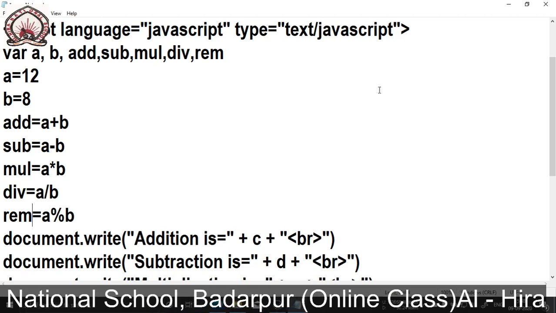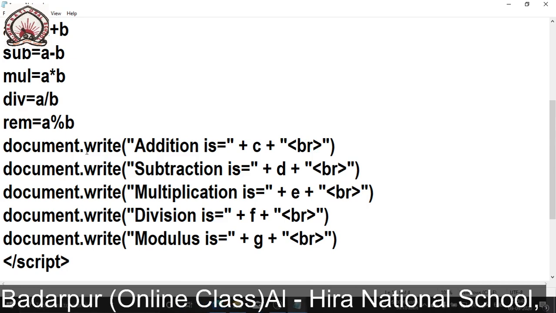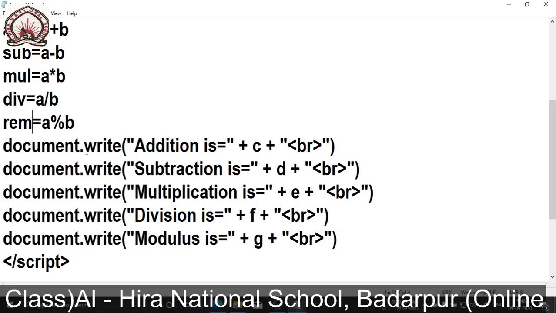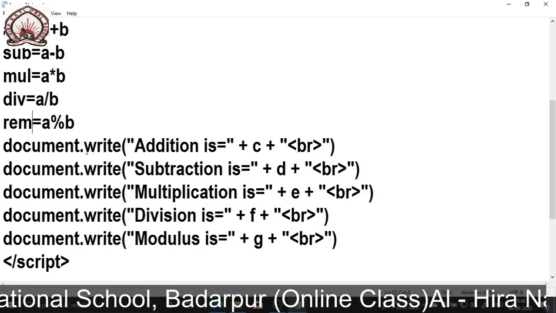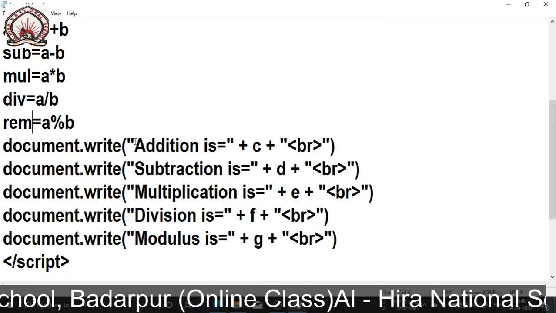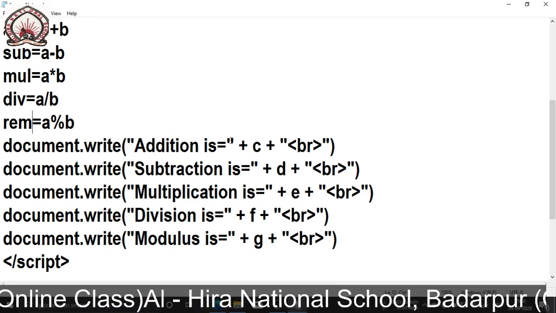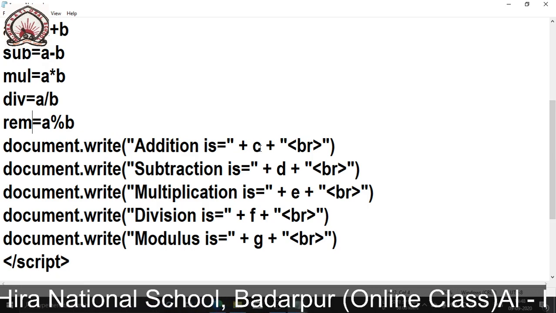So I am changing here the output also. As we know that document.write statement is used for displaying output on the screen, and anything in document.write we write within double inverted commas, same thing is displayed in the output. So see what addition is.